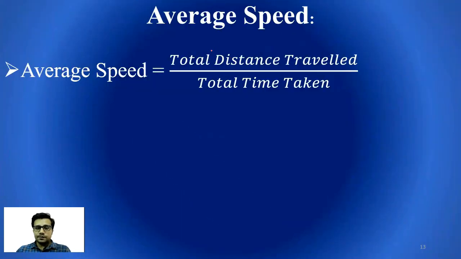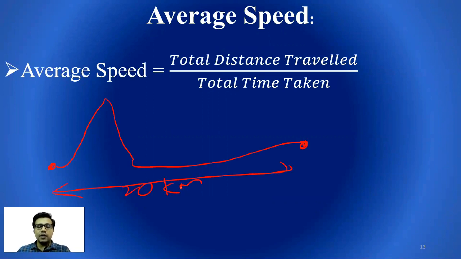Option C. Now what is average speed? I'm starting from my home to reach office. My speed was increasing when I started, 10, 20, 30, 40, 50, 60. Then again, somebody came in front of me, my speed decreasing. Every moment the speed will keep changing. But I reached my office, which is 20 kilometers away, in, let's say, half an hour. The total distance traveled was 20 kilometers and total time taken was half an hour. Isn't my speed becoming 40 kilometers per hour? That is my average speed.